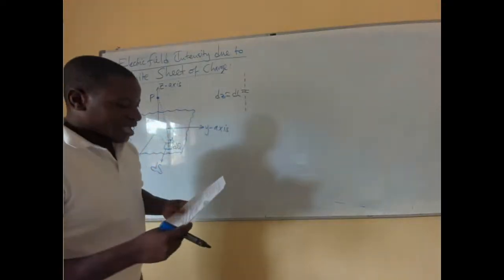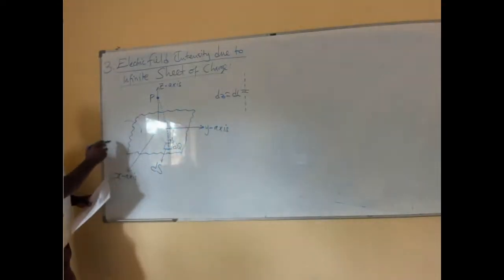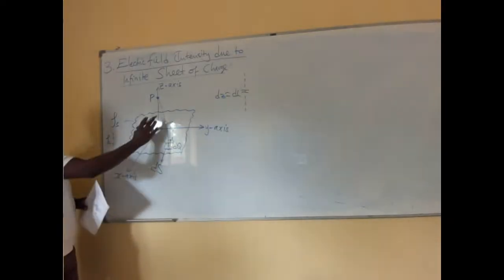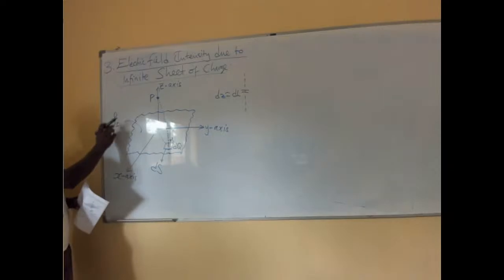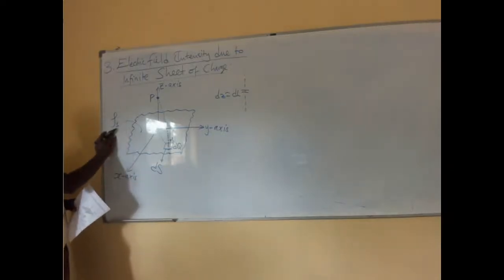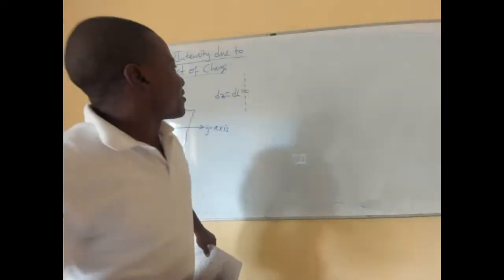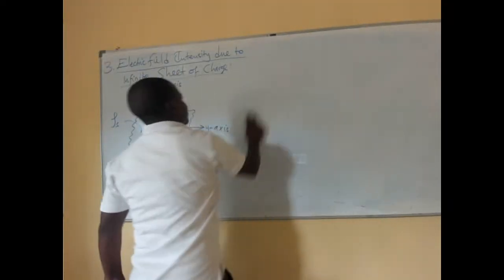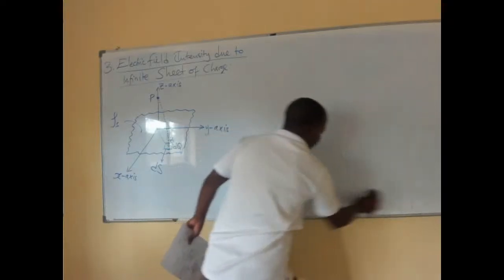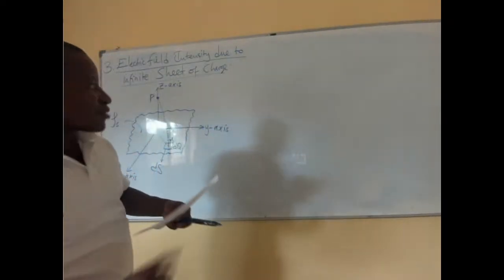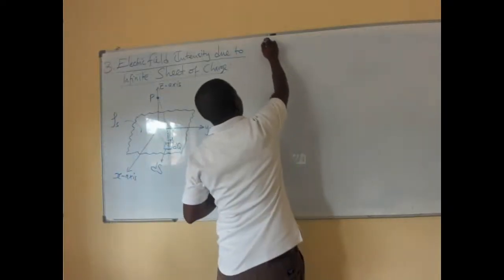Now, here on the surface, we have the surface charge density. Remember when we were dealing with the line, we had the line charge density. Here we are dealing with a surface, so we use the surface charge density, which is rho s. You shouldn't forget about that. Now, what we get is that we are considering